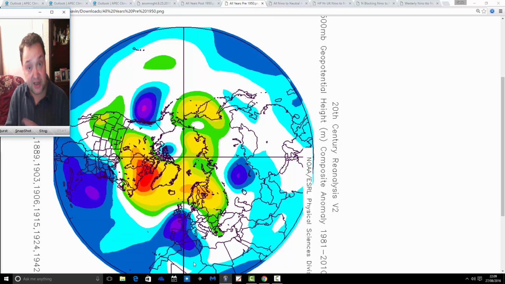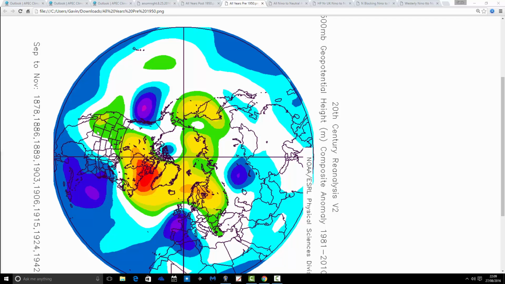And James broke these down into two periods. We've got pre-1950 and post-1950. So this is how the La Nina autumns before 1950 look, when you combine them all, and they go right the way back to 1878 and then through to 1942. You combine all those autumns that have done the Nino to Nina flip, and this is how it looks. A lot of northern blocking. It's quite a cold autumnal signal, really. And then a trough of low pressure underneath it, which has the effect of blocking off the Atlantic. So they're fairly dry autumns, but quite chilly.